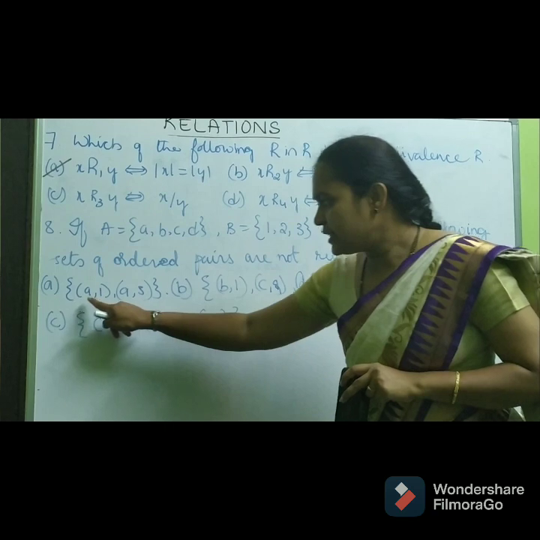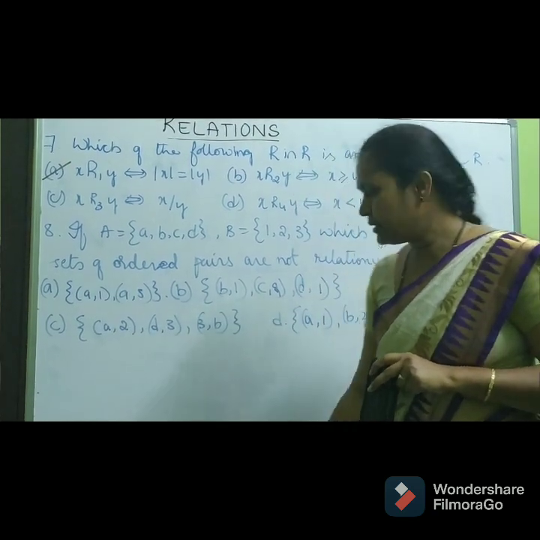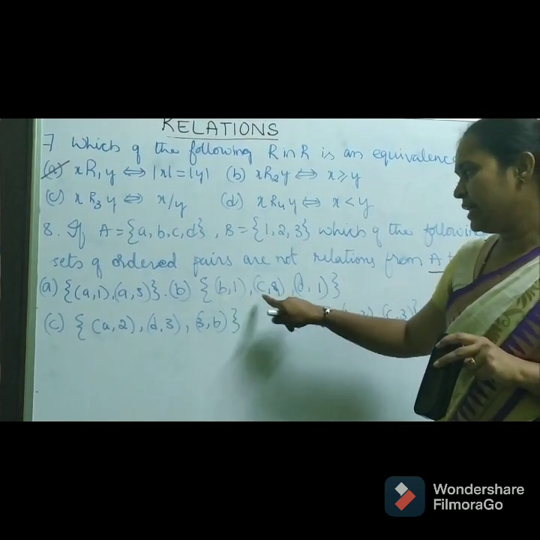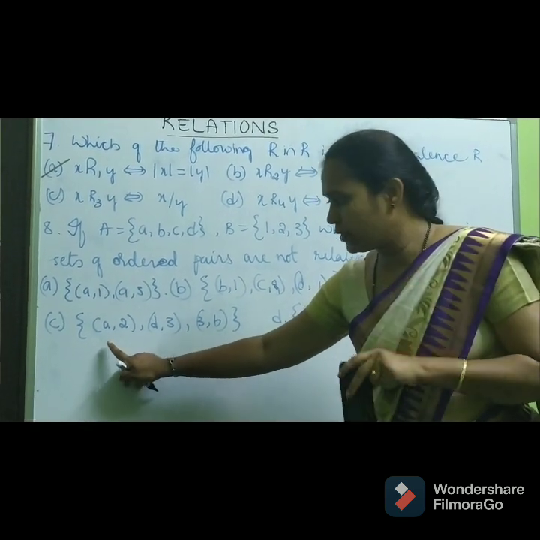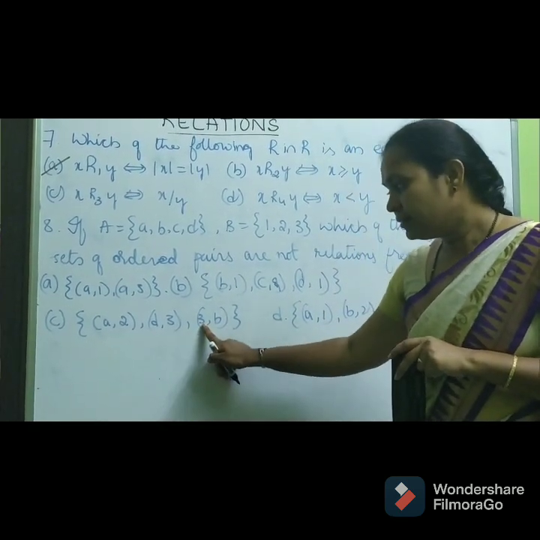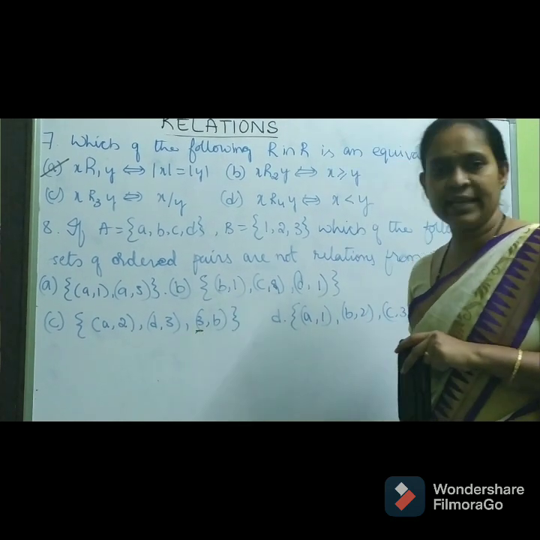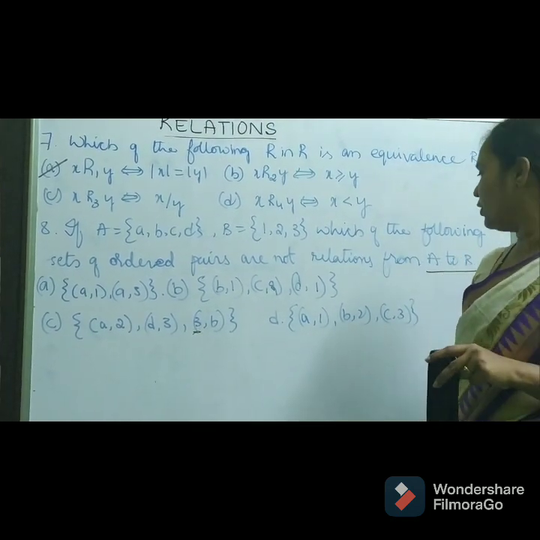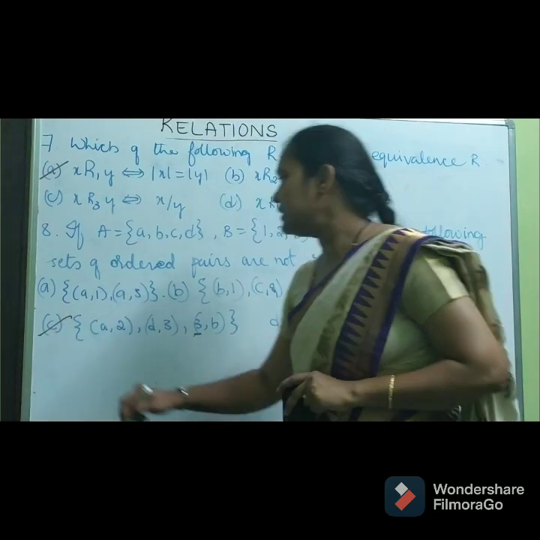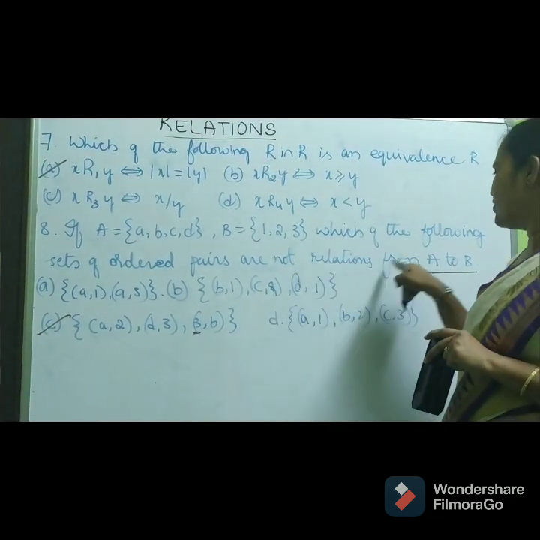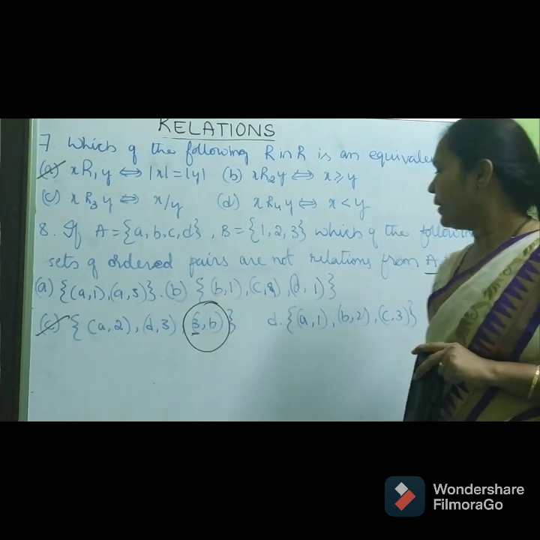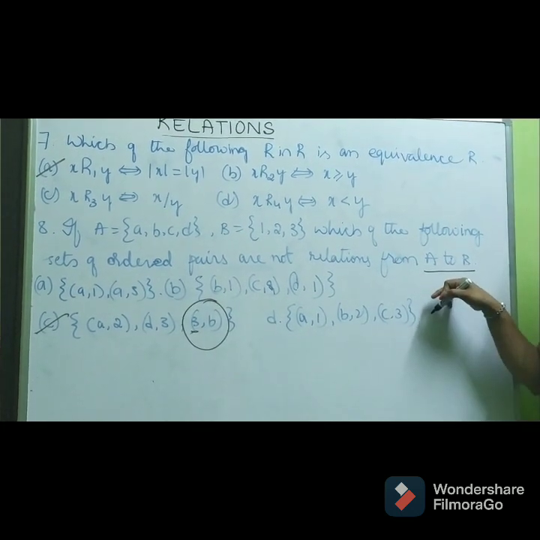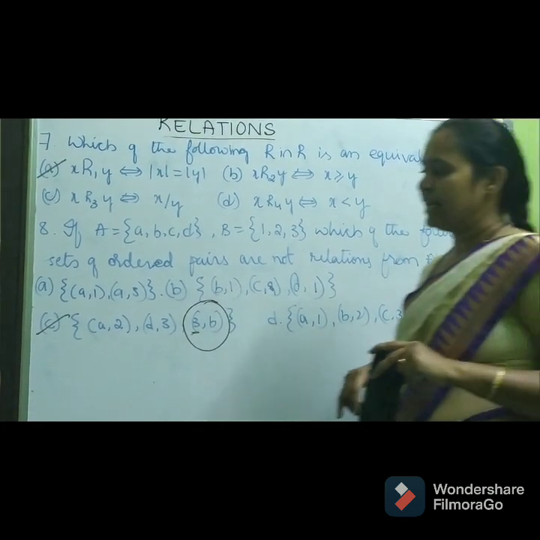See here, first element is A, therefore correct it is. First element you see B, C, D, correct it is. Only first element you have to observe. (D, 3). What is this? First element is 3, which is not possible for A to B. Therefore, this is not relation from A to B. This is not the suitable ordered pair for the relation from A to B. Next question.